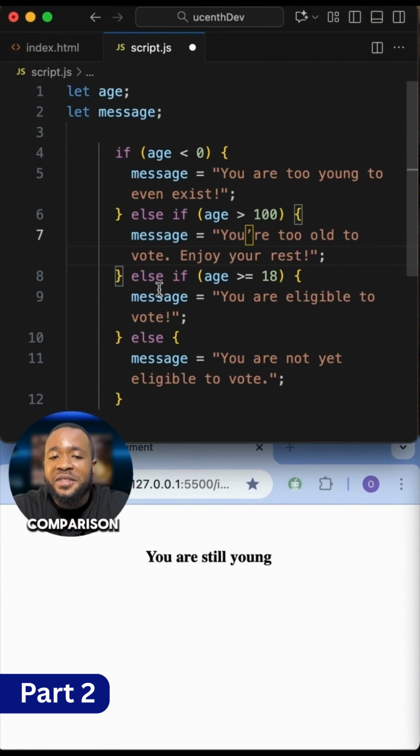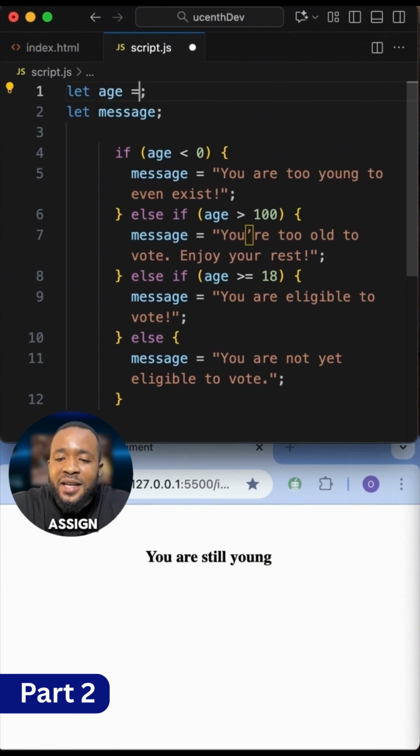Then the third comparison checks if you are greater than 18 years old. Then it will tell you that you are eligible to cast a vote. Then if none of these conditions are true, the system will then tell you that you are not eligible to vote. So to make our program work, we'll come over to the age variable and assign a value of